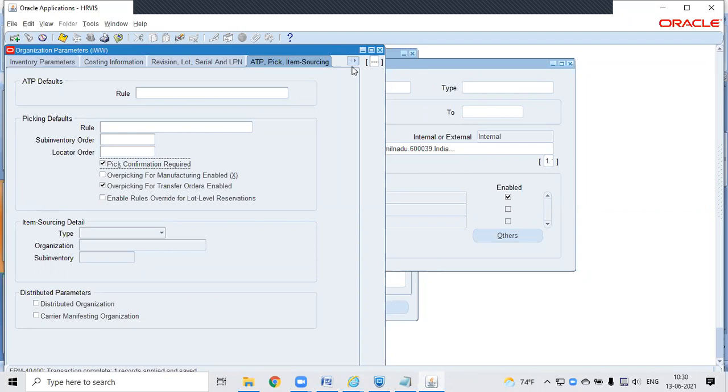So if this is not checked, it will be a problem with the web planning mostly. But manually we can do the pick release auto pick. Manually, we can create a pick release rule and we can set auto pick confirm. Then it will auto pick confirm. Okay, good. The only difference between auto pick confirm and standard WMS pick confirm is that if you are going to do an auto pick confirm, there will not be any WMS or LPN number. There will be no LPN transactions. It will be entirely a lot level transaction similar to the inventory transaction or similar to inventory warehouse.